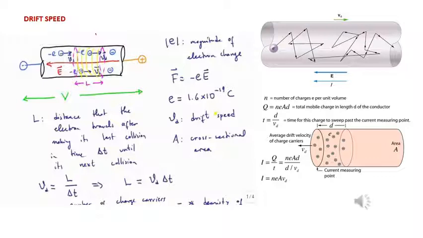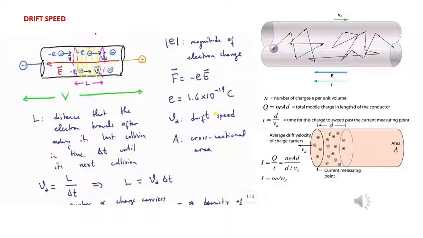So in the right side downward part of the figure, you could see the cross section. A is the area of cross section, VD is the drift speed, D is the distance between two cross sections that we have considered, and n is the number of charges per unit volume. Volume means area A into distance D. As I have taken one electron, Q is equal to the total number of charges, that is n number of electrons into e charge on one electron into A area into D distance. How much distance are they moving?